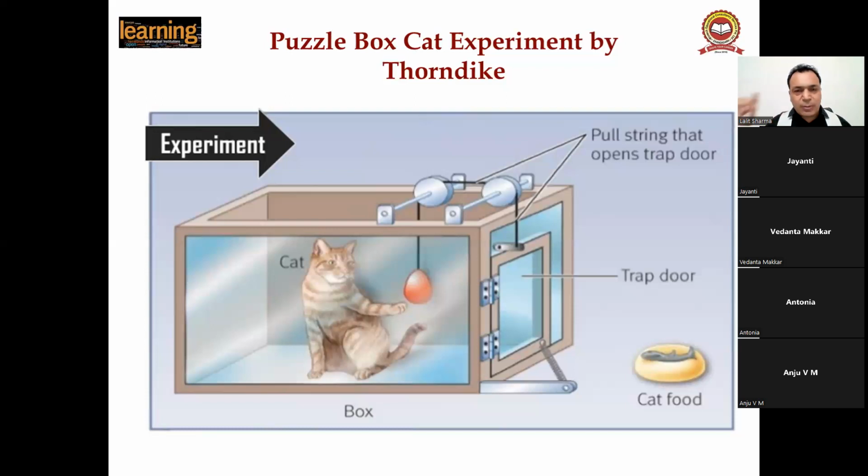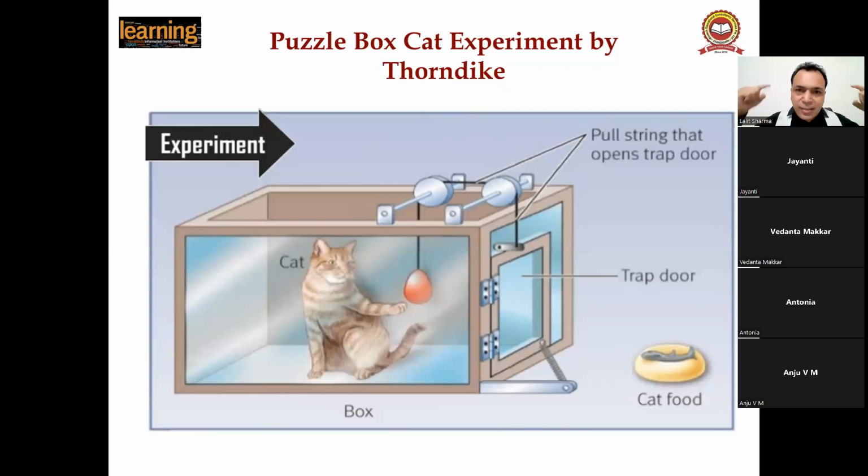The smell of the fish acted as a strong motivation for the cat to come out of the cage. So again, the cat started the same things. When she was trying to come out of the cage, suddenly, again in the second experiment, the paw of the cat came on the lever, the door opens, and the cat came out of the cage and got the fish, right?